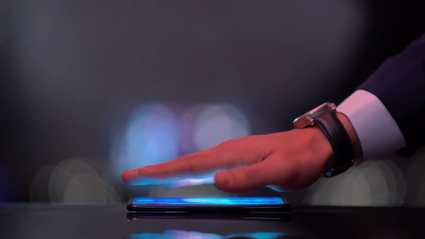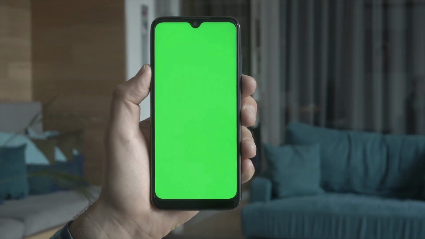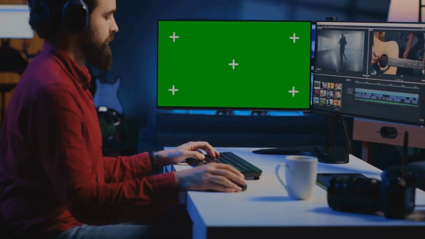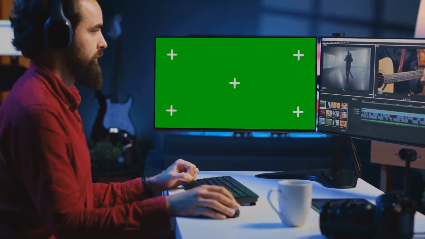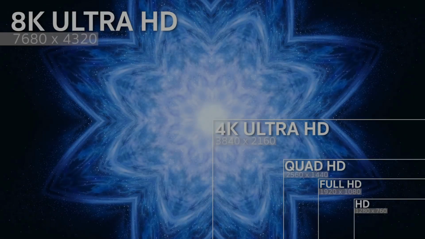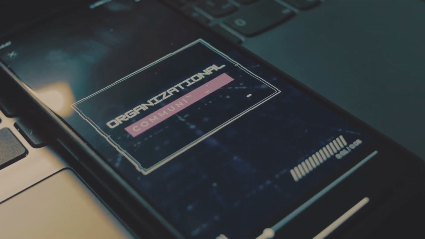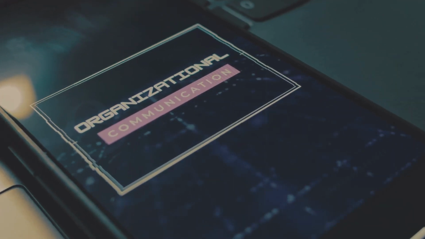One of the things that sets Opus Pro apart is its focus on optimization. We all know how important video quality is, especially on platforms like YouTube. Opus Pro makes sure your videos look their absolute best with its powerful rendering engine. You can export your videos in a variety of formats and resolutions, including 4K and even 8K for those super sharp details. And with its adaptive bitrate technology, your viewers will always get the best possible viewing experience, regardless of